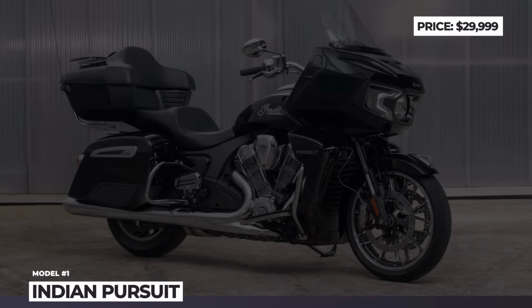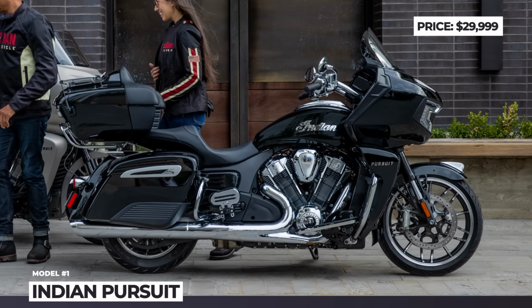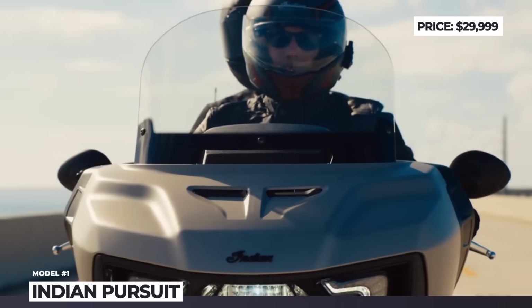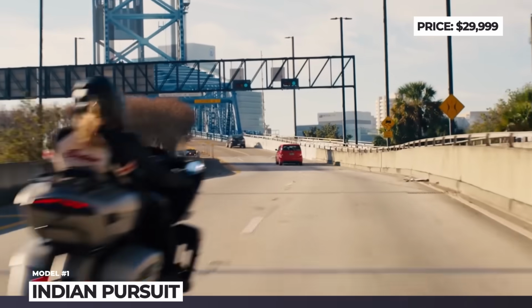Indian Pursuit. Back in 2021, the Challenger Bagger became Indian's answer to the Harley Davidson Road Glide. In a nutshell, the Pursuit is its expected, fully dressed evolution and a rival to the Road Glide Limited. The luxury Grand Tour has the same cast aluminum frame and